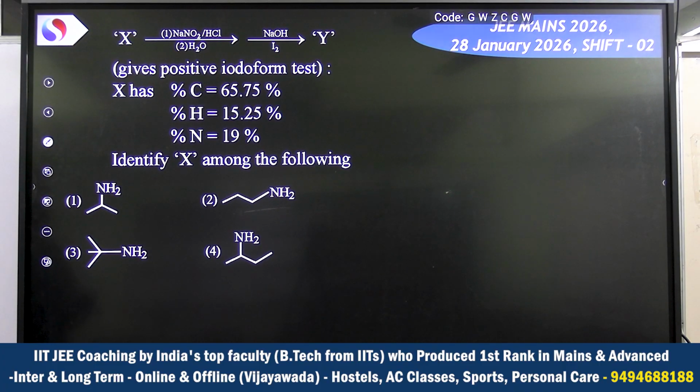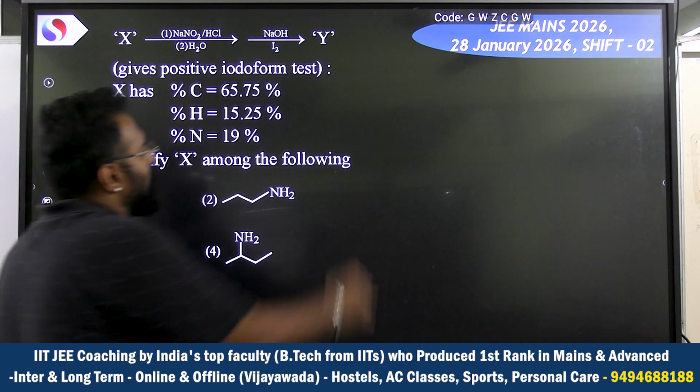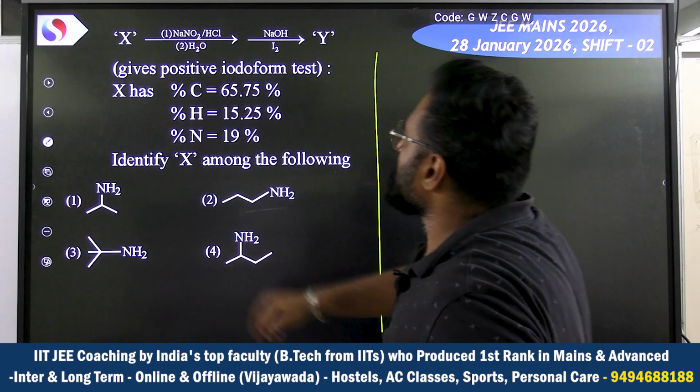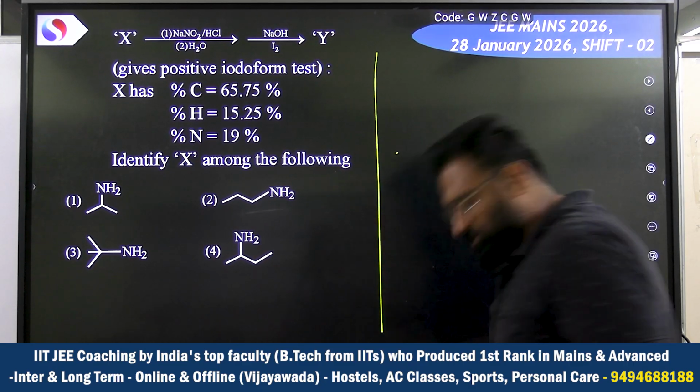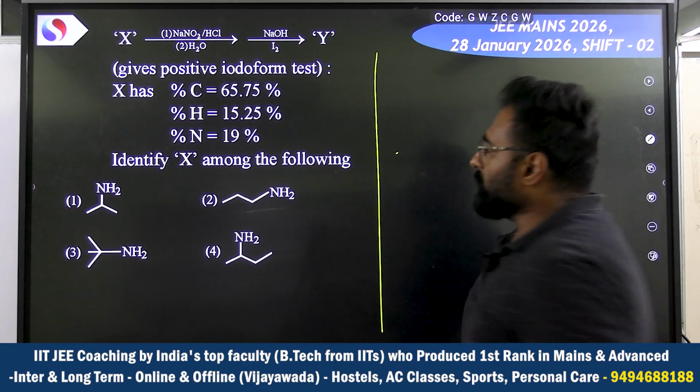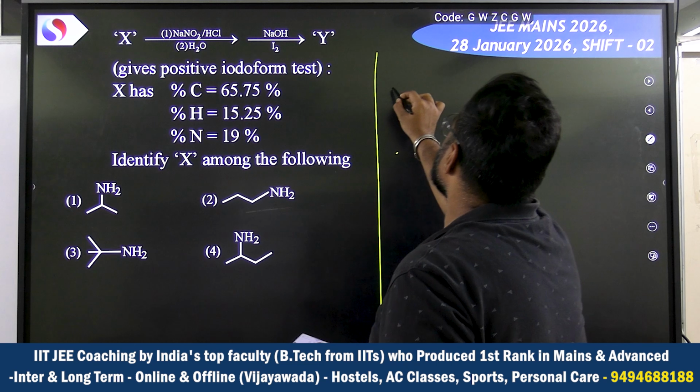X with NaNO2 and HCl, first step, second step H2O, undergoes further reaction. NaOH with I2 gives Y, which gives a positive iodoform test. Carbon, hydrogen, nitrogen given. So identify the following compounds. So let us check. Let us take option number 1. This is again a hit and try question because we have to select different options for performing our reactions. So if we select this